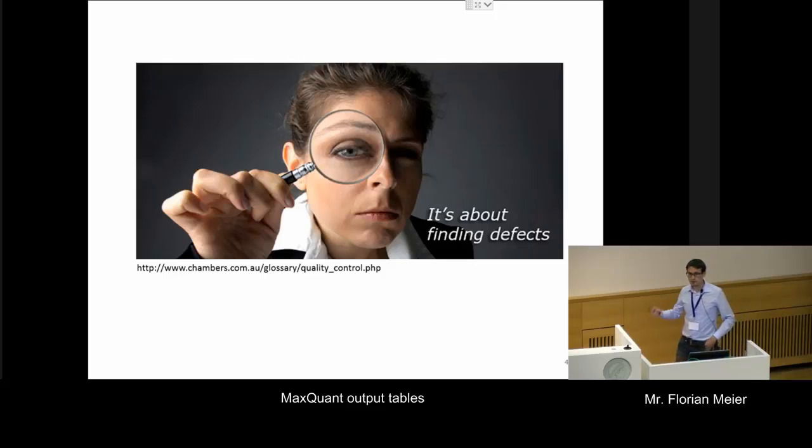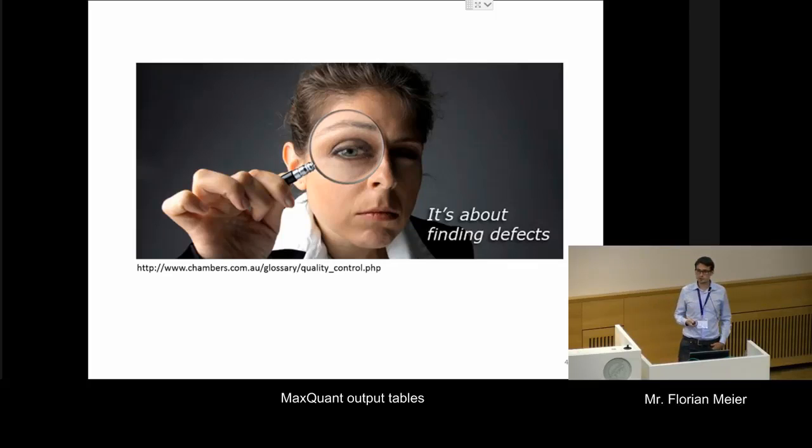So again, coming back to this quality control, because I think if we run those experiments, it's very important that we make sure that all of our experiments are with the best quality that we can do. So you want to make sure that the mass spec was performing well, that the LC was performing well. And so now if you are done with your MaxQuant analysis, probably the first step will always be to look